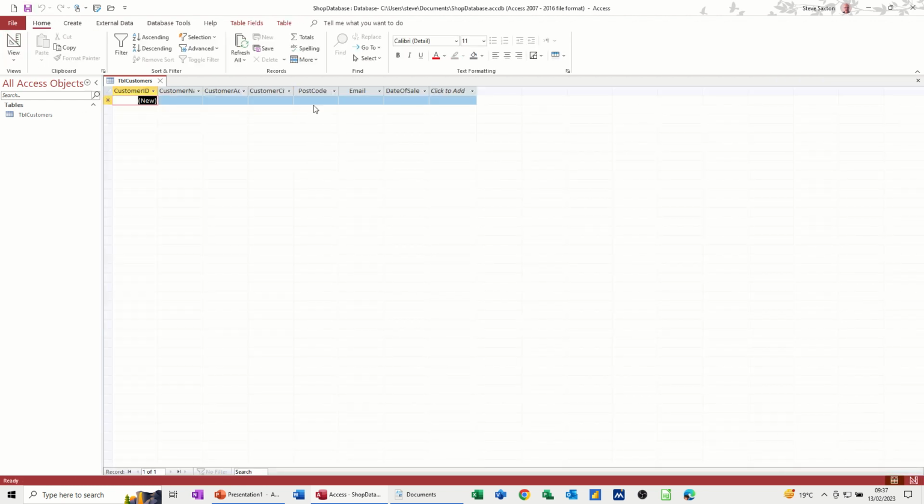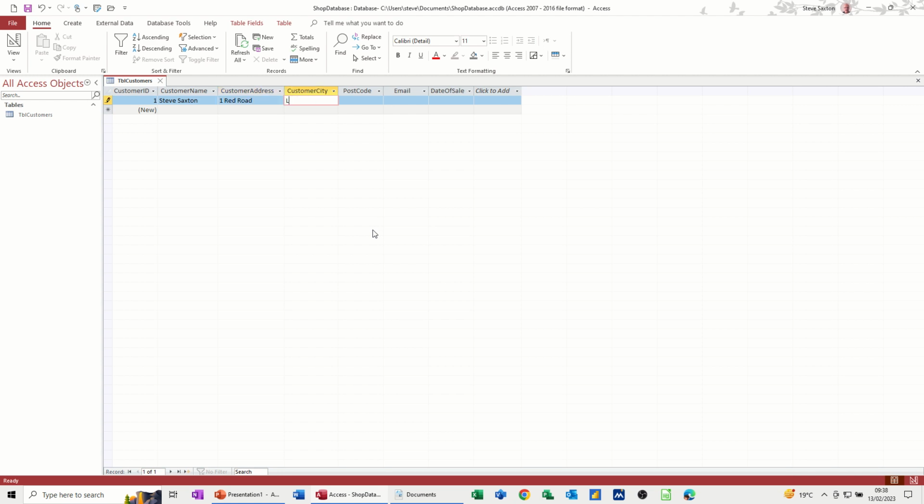So those are the customers' details that I've populated, the fields, the headings. What I need to do now is add some data. So if I just widen these a little bit so you can see the actual information, everything else is okay. So if I put myself in there first off, Steve Saxton, when you press tab you move across, 1 Red Road,